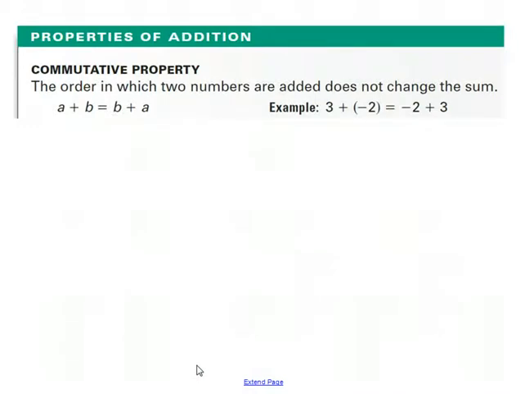Now, in order to use the commutative property when you're subtracting with negatives, you need to look at one concept here. Remember that the commutative property says that I can switch the order. A plus B is the same as B plus A. Or back when I was talking about it on the previous video, I said 3/4 plus 1/4 is the same thing as 1/4 plus 3/4. This commutative property only works if all of the numbers that you're working on have the same operation,